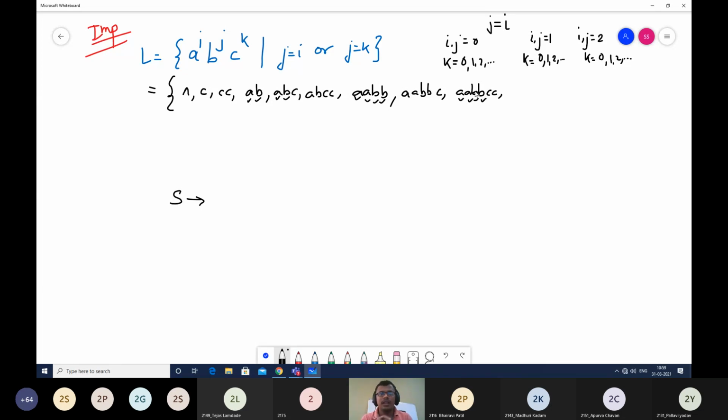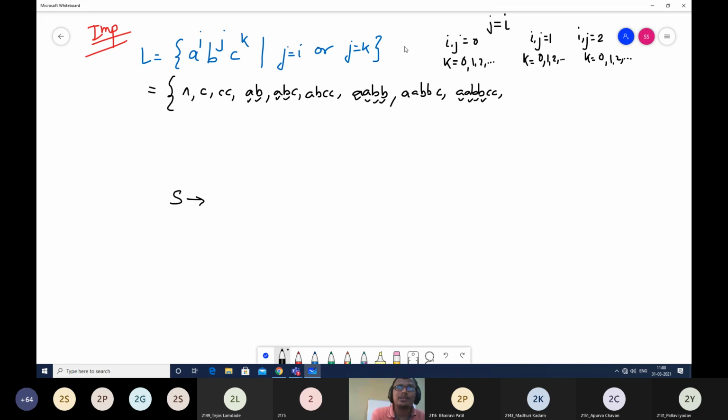So it is something like A non-terminal B, correct? We have done this. This is something like 0 raised to n, 1 raised to n, or A raised to n, B raised to n. We have solved this problem yesterday, correct? So that is one pattern that we need to think. What is the other pattern? After those A's and B's, what is coming in my string? C's are coming, and that C is coming either in the form of null or single C or two C's, which is nothing but like C star.